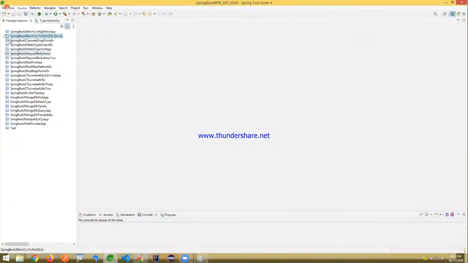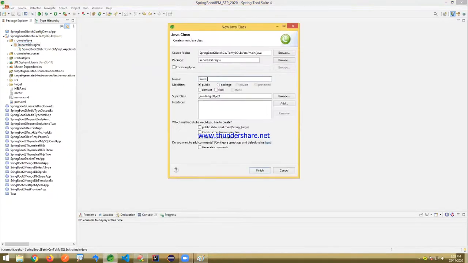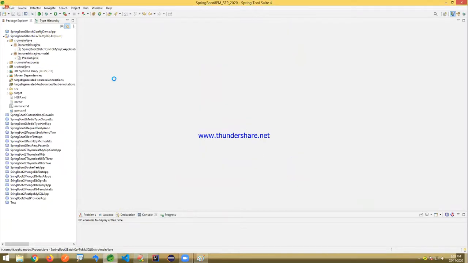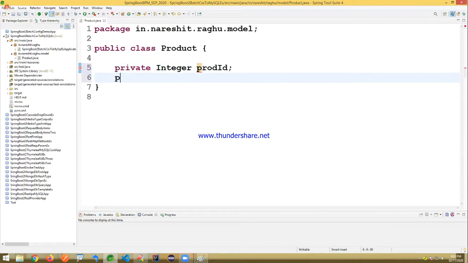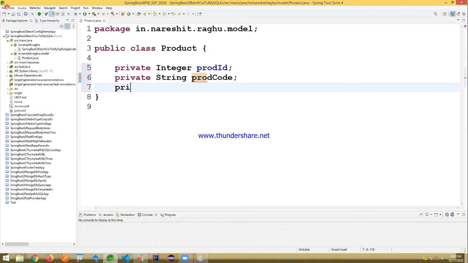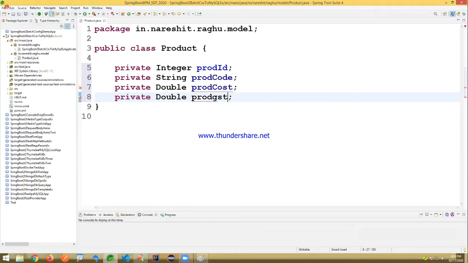I'm writing one model class. Right click, new, I am writing a class called Product. In this model class I'm going to take multiple variables: a private integer, the product ID; a private string, the product code; a private double, the product cost; and private double product GST and product discount.